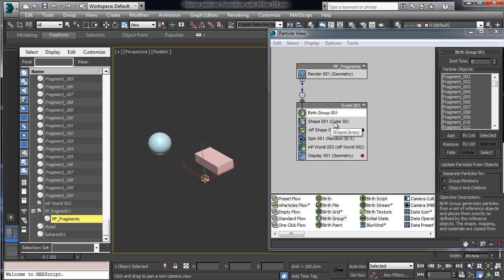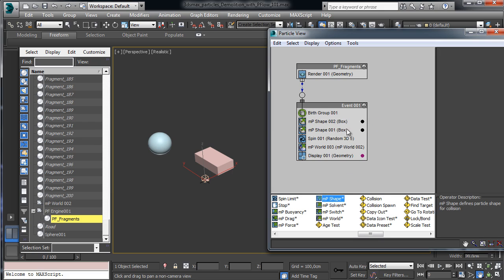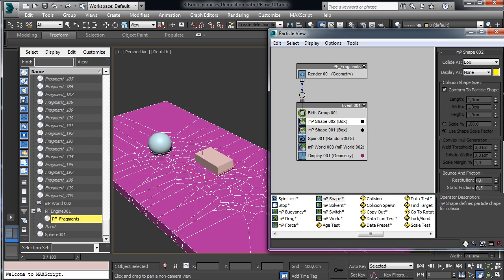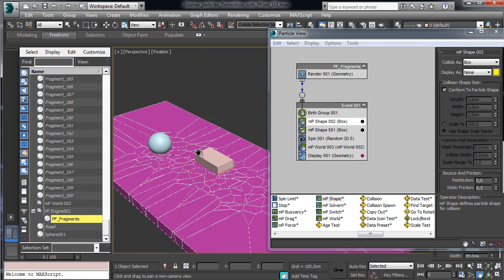and that's due to the shape we are using. Actually, the shape is a cube, and in fact it is using a cube. We have to use something else. We have to use the MP shape. So let's pick the MP shape and cover the shape there. So you see that now we have the right mesh, and obviously it is exploding, and that's due to some